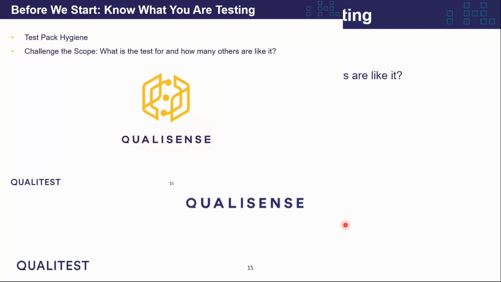And what we really want to do is cut it down. If we know that testing everything, even with automation, is still going to take us longer than we have, we need to simplify what we test. And within Qualitest, we have a tool called QualiSense. QualiSense is our artificial intelligence platform, and we use QualiSense to optimize testing processes. And I'm going to show you how we do the first of these challenges, consolidating tests.